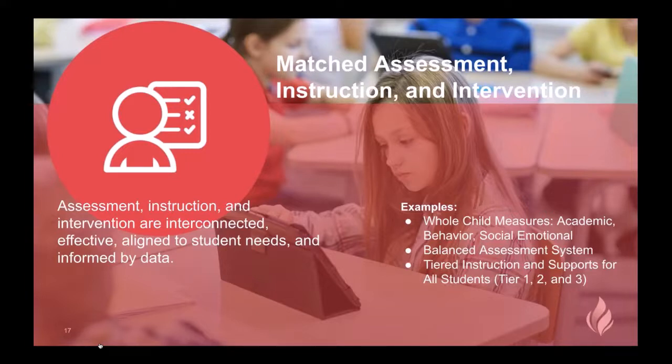So the different things that we tend to see here are that we have a number of different measures and ways that we're being able to identify students' strengths and needs in the areas of academics, in behavior, and their social emotional skills. We often find that schools have or are working toward improving having a balanced assessment system, and